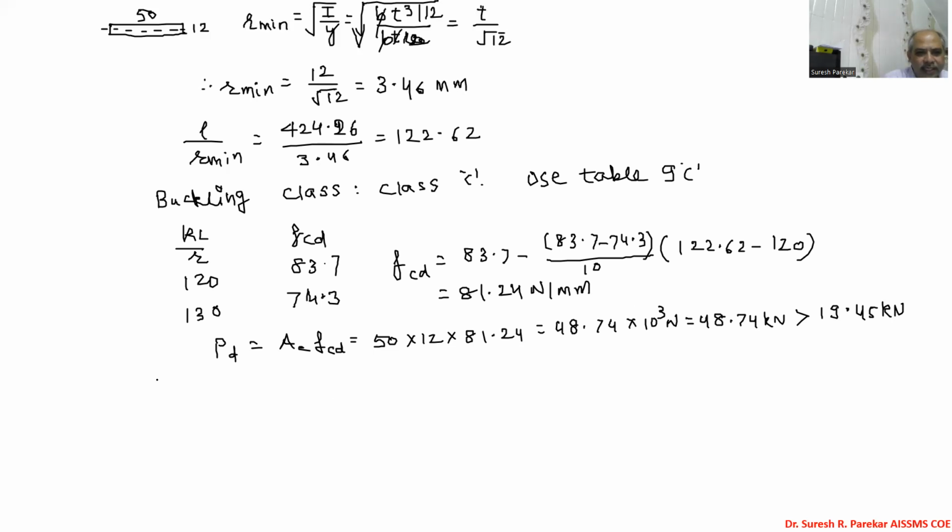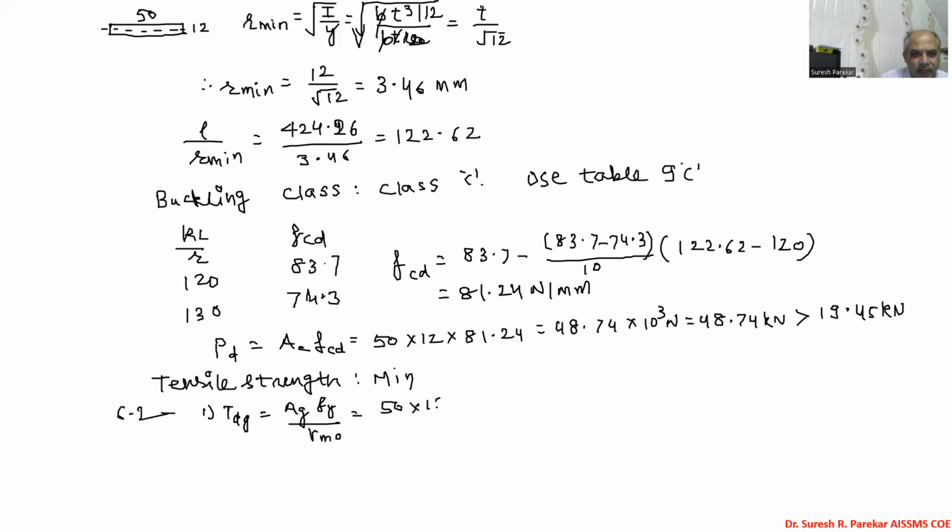Then we have to check its tensile strength also, and tensile strength is the minimum of first Tdg, which is Ag fy upon gamma m0. Now we already know the clause of this, that is 6.2, page 30, and we will get this value 50 into 12 into 250 upon 1.1, and we have this value